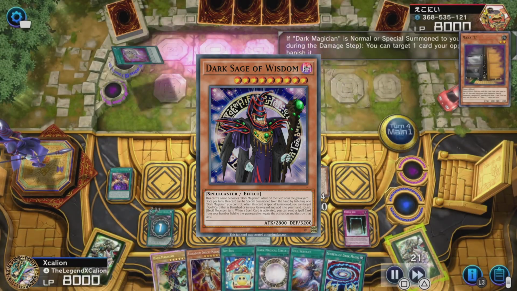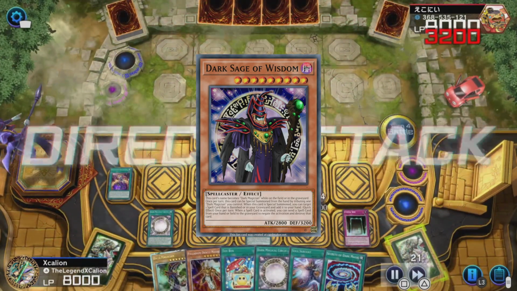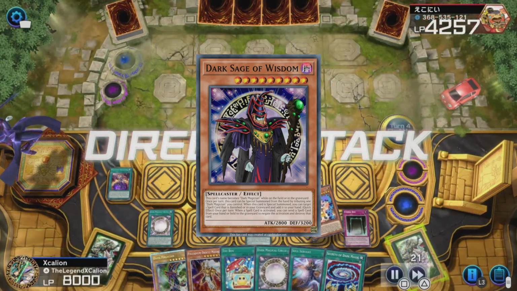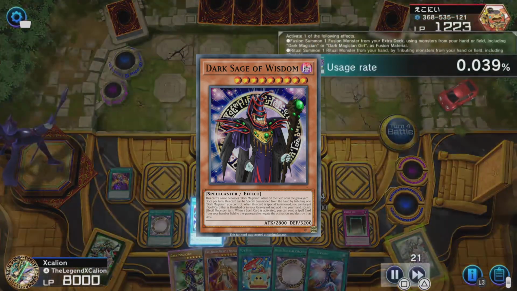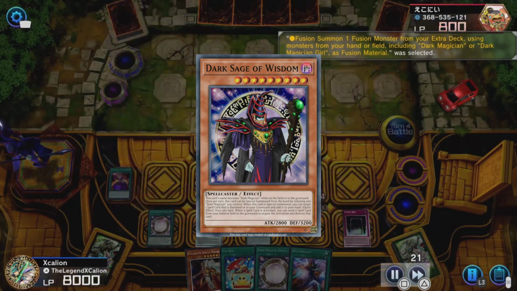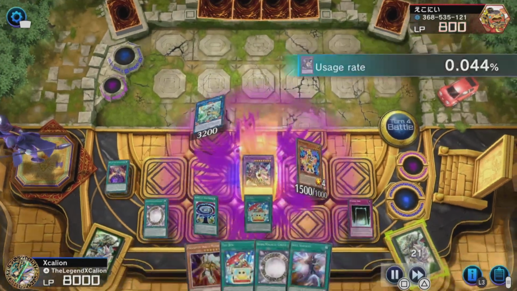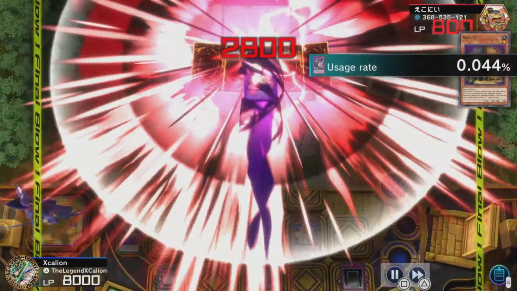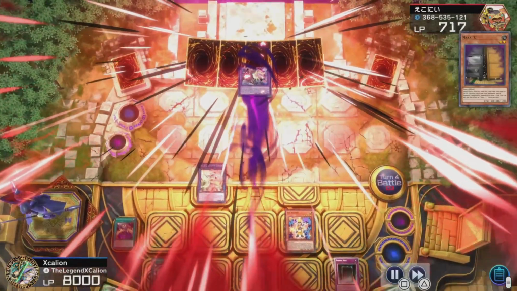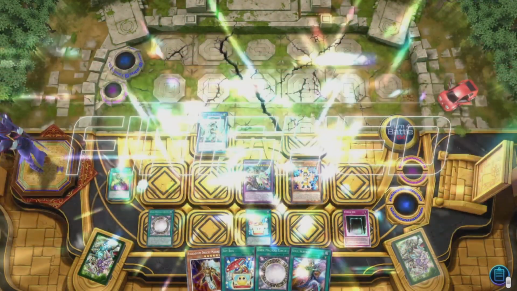For me, this is probably the most important card. Well, no, that's not true. The Polymerization is the most important, 100%, but this is a close second. We have not seen Dark Sage get any amount of love since it came out, and that is a mistake. As popular as Dark Magician is, as iconic as it is, and as cool as this monster was to see on the field